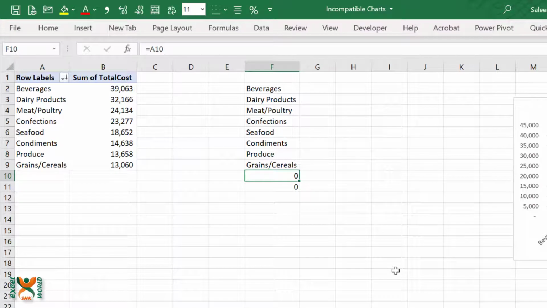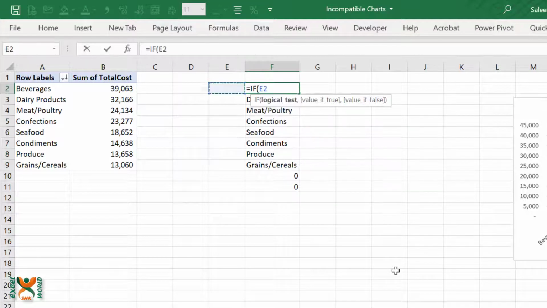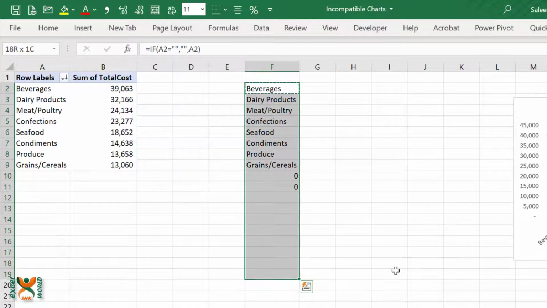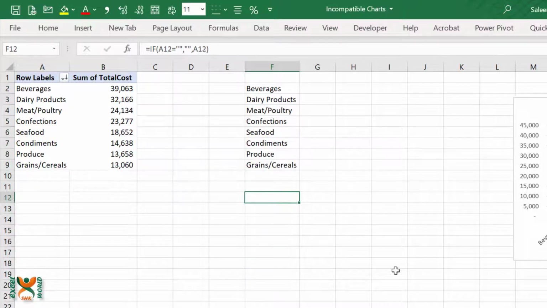So we can see that if the number of categories is more or less than what we have produced in our cell references, then a 0 will appear, which is not what we want. So going to the first category, we can write the if formula: equal to if the category name is equal to nil, meaning the cell is blank, then we should get nil in return. Otherwise we should have whatever is produced in that cell, and bracket close, and we can copy this formula to all the cells below. So where there is nothing, we will get nothing.